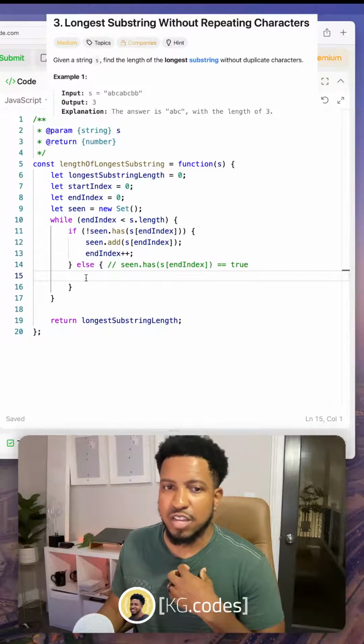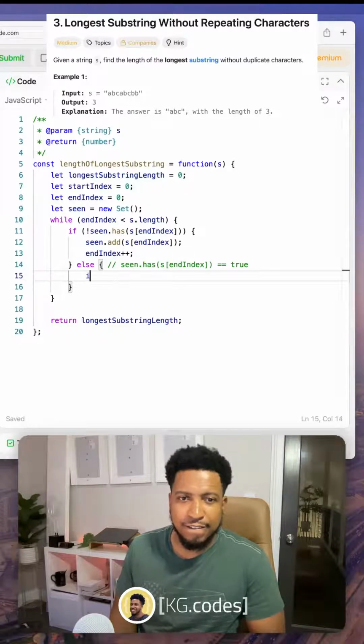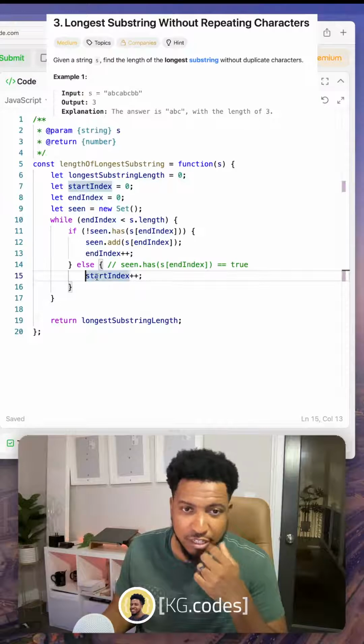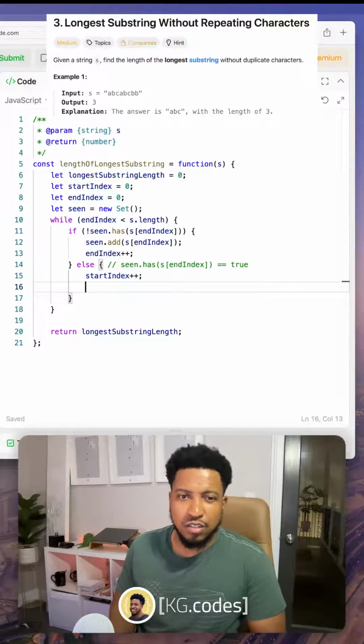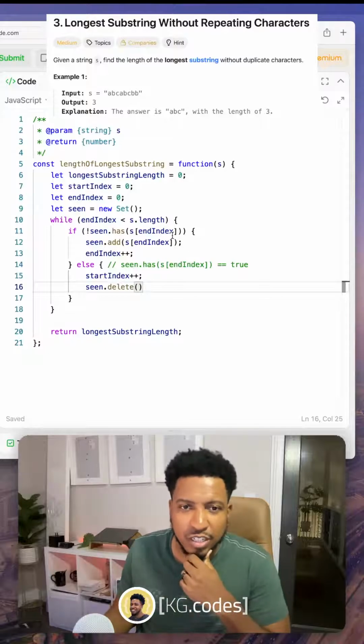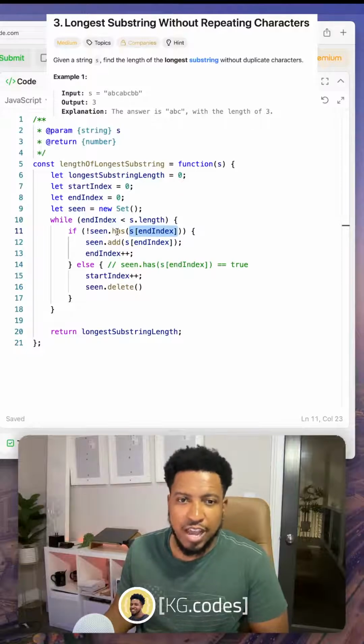So actually, when I've seen it, I want to implement my start index to move my window forward. The other thing I need to do is delete from the scene, and I'm trying to remember what I actually need to delete. Oh, actually, yeah, I have seen this character, so I need to delete it out of scene, because now I'm moving the start index up. I'm going to delete this character out of scene, saying that I haven't seen it,